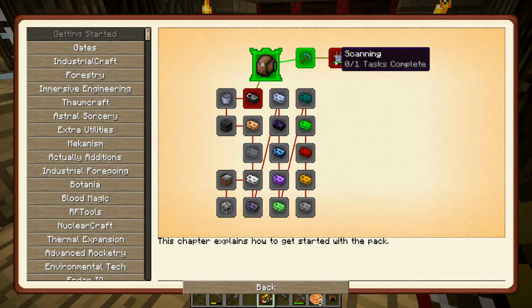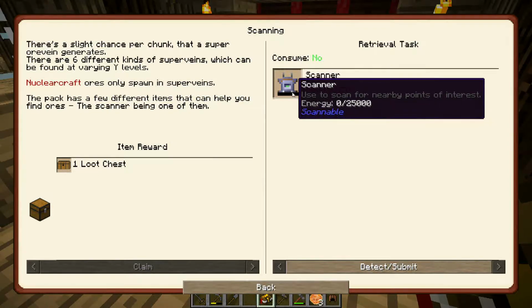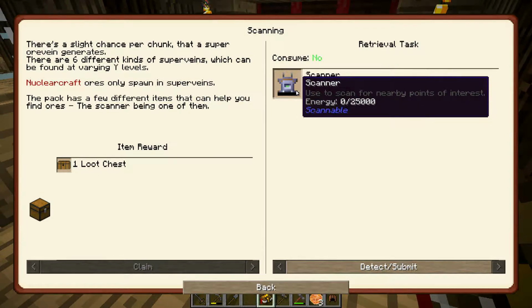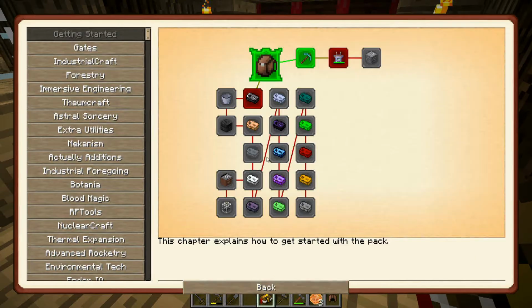have available. So we have scanning. There's a slight chance per chunk that a super ore vein generates. There are 6 different types of super veins, which can be found at varying Y levels. Nuclear craft ores only spawn in super veins. The pack has a few different items that can help you find ores, the scanner being one of them. So the scanner, used to scan for nearby points of interest. That needs energy. Well, we're not going to be doing that just yet, so let's go ahead and head into